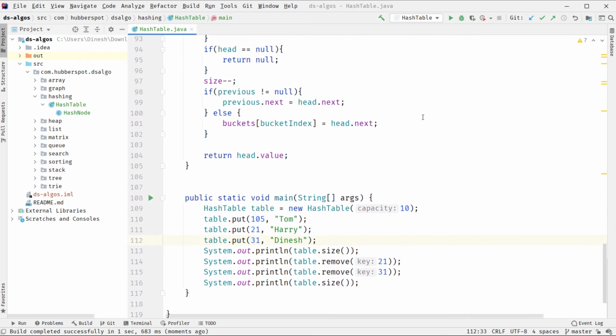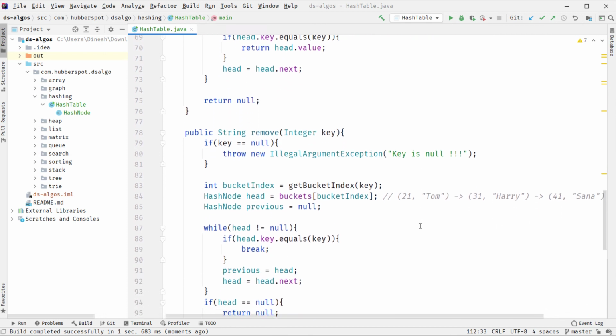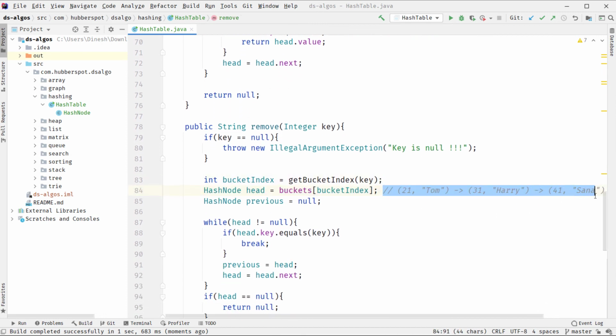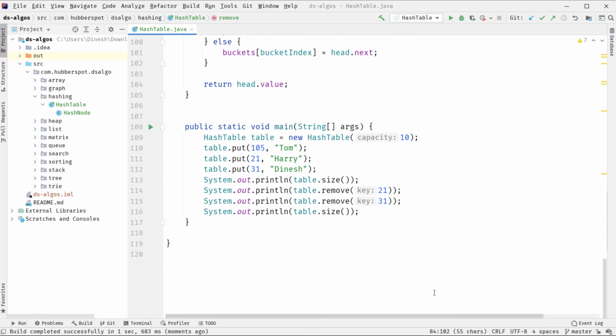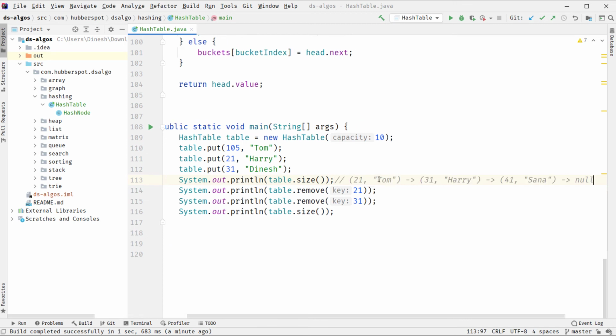So here if I simply copy this part, so here before removing these 2 values, we had a hash table something like this. This is 3. Dinesh, 21, Harry, and let's say if I remove this for the time being.